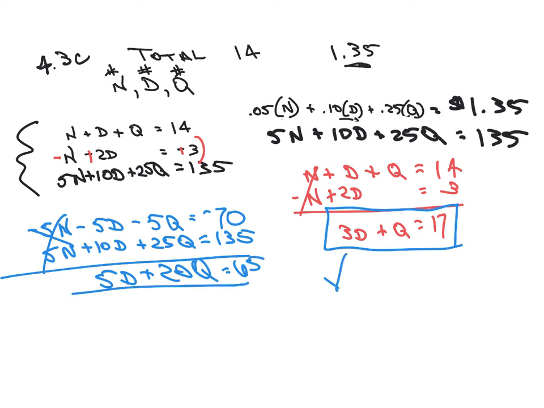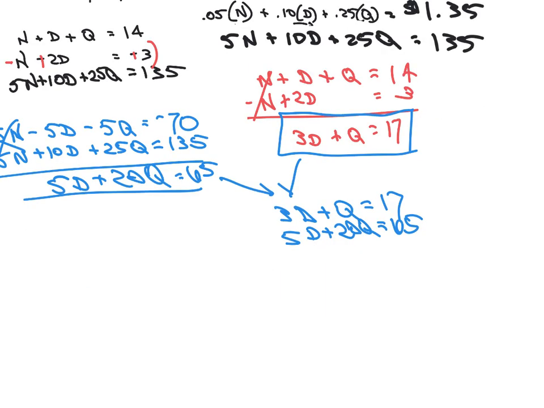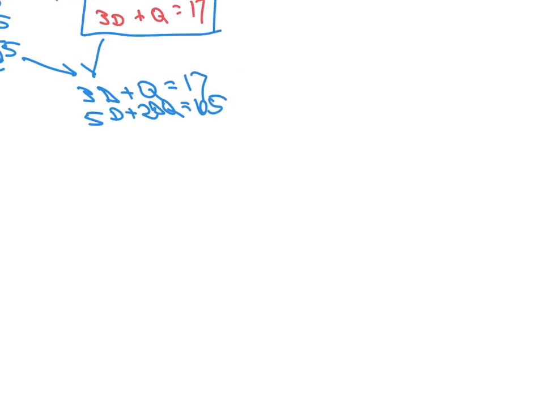So let's bring this one and this one together. 5d plus 20q equals 65. Okay. So, all right, let's move this over here. So this is what we're focusing on right here. Let's go to some black ink. So let's see. Probably the easiest thing would be to multiply this top by -20 so that we get a